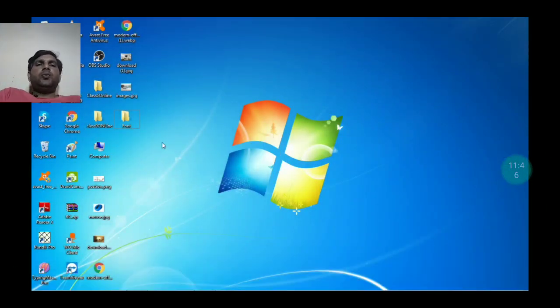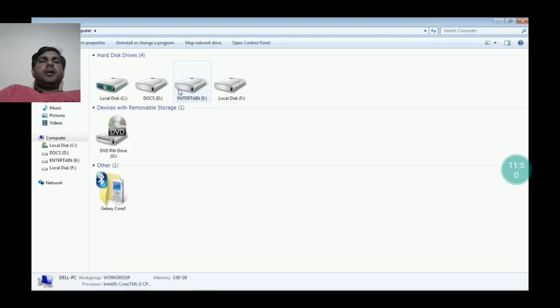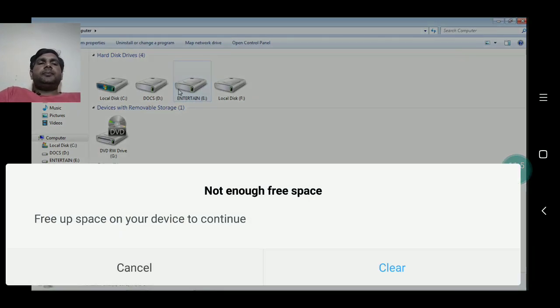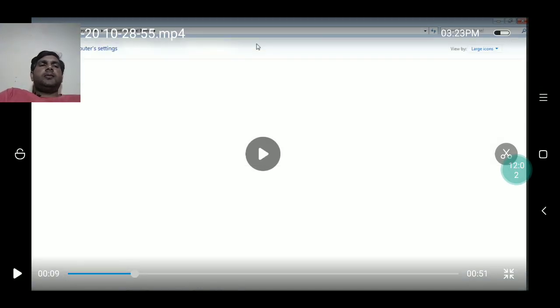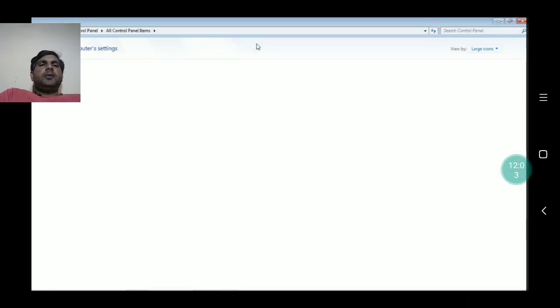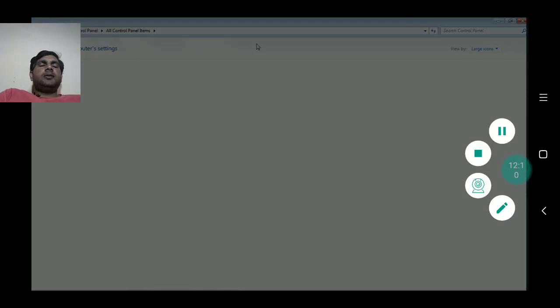So generally there are two kinds of power saver modes available in our system. First is sleep mode, and second one is hibernate mode. So we can use these two modes with the help of control panel.